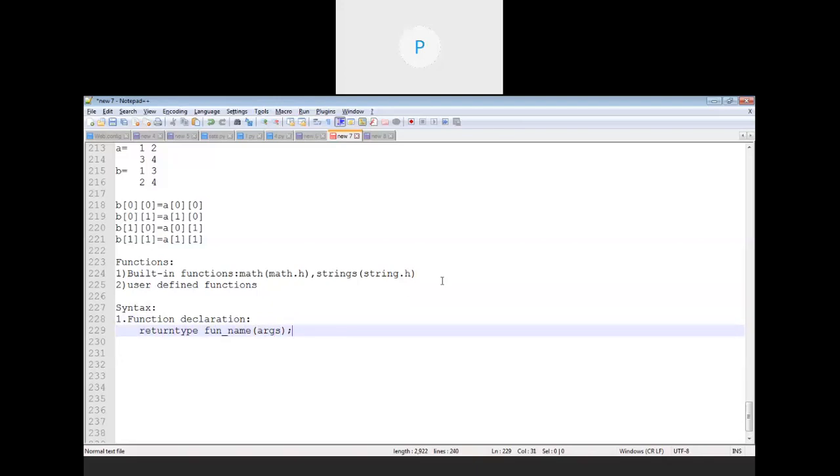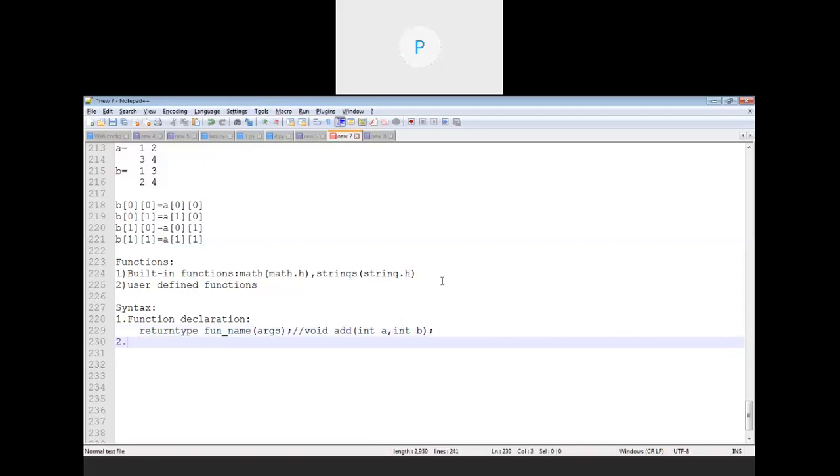There is no body or block of statements provided. This is just a declaration, which is optional to use. It becomes mandatory only when you are defining a function after the main method. In that case the declaration always comes first, before the main method. Let's take an example. If I'm creating a function add, then we can say void add(int a, int b);. So this is the function declaration.